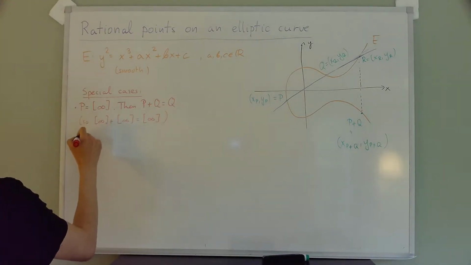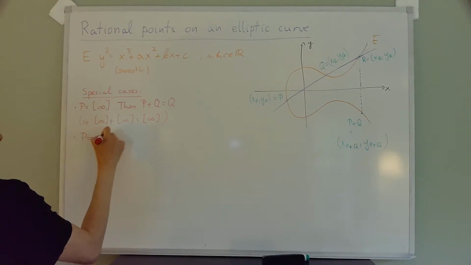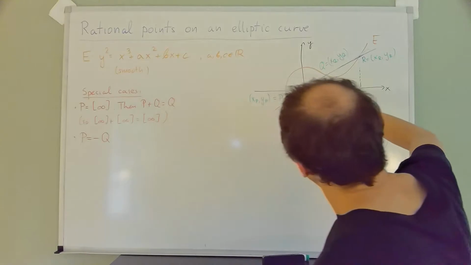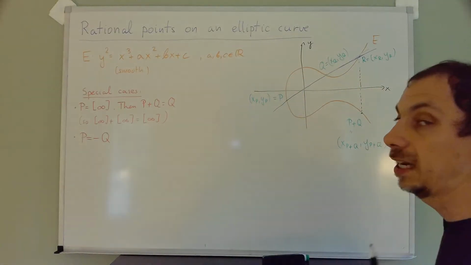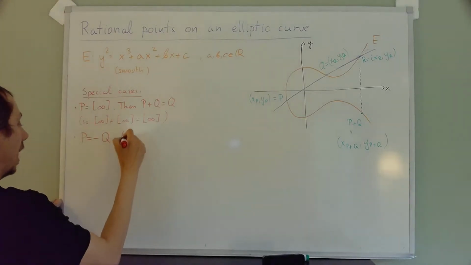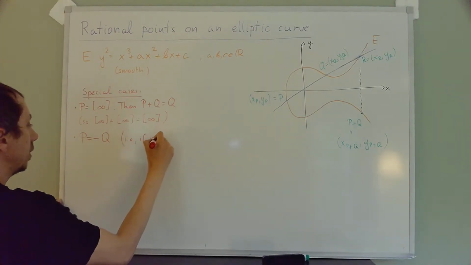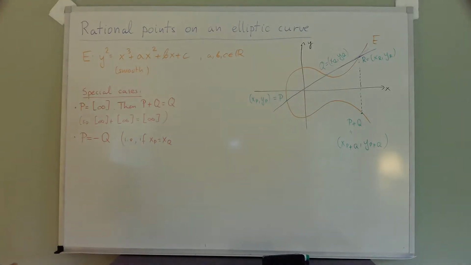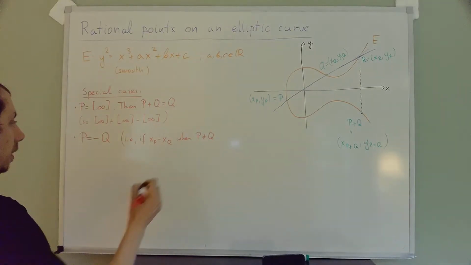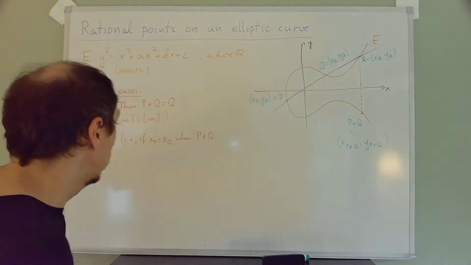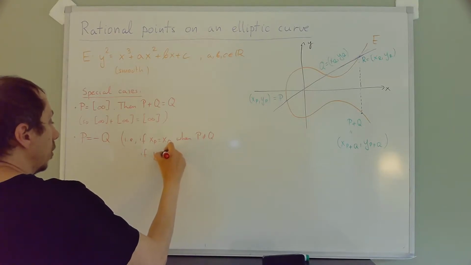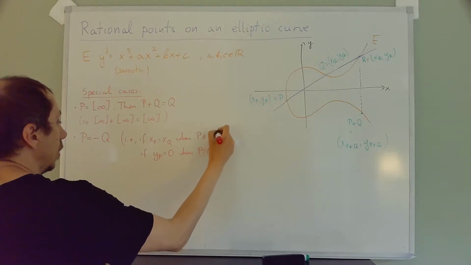So another situation is when P is equal to negative Q. So that means that the points are stacked on top of each other, right? Because remember, if this is my point P, then the exact reflection of it with respect to the x-axis is negative P. So when the points are just negatives of each other, this happens, i.e. if xp is equal to xq, so they have the same x coordinate when P is not equal to Q, or when P is Q, that means the point is here on the x-axis, or if yp is 0 when P is equal to Q,